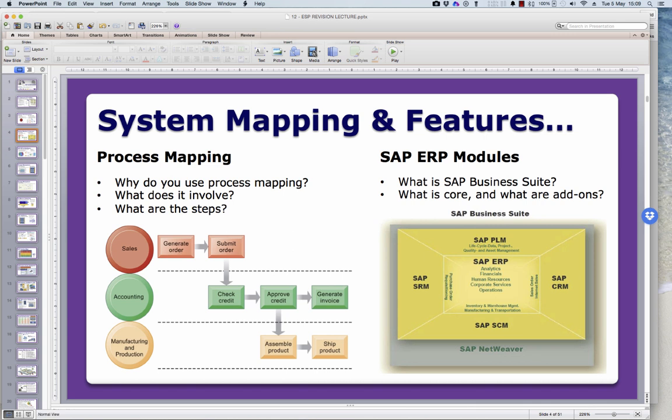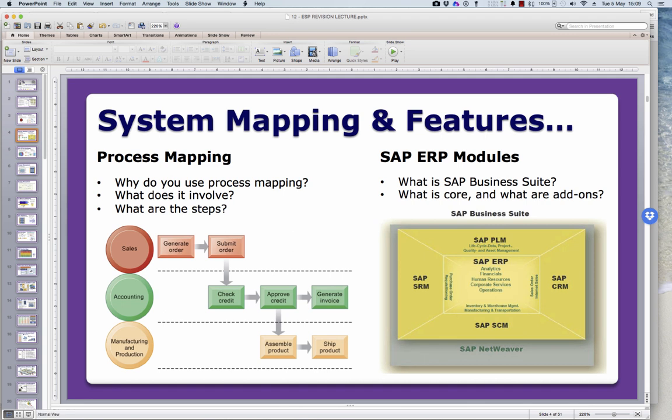So you have three departments there: sales, accounting, and manufacturing and production. In the first section, in sales, an order is generated and then submitted out of sales. Accounting then do a credit check. They'll approve the credit and generate an invoice. That's their other bit of involvement later on. Before they do that,